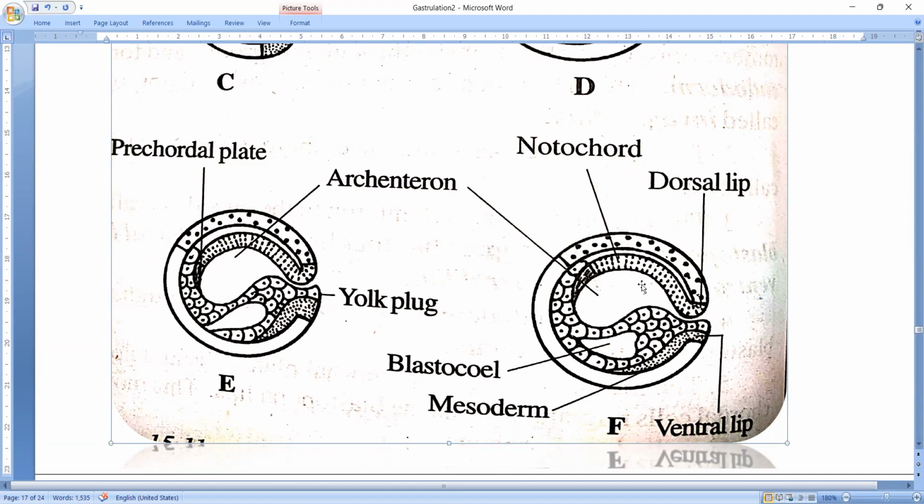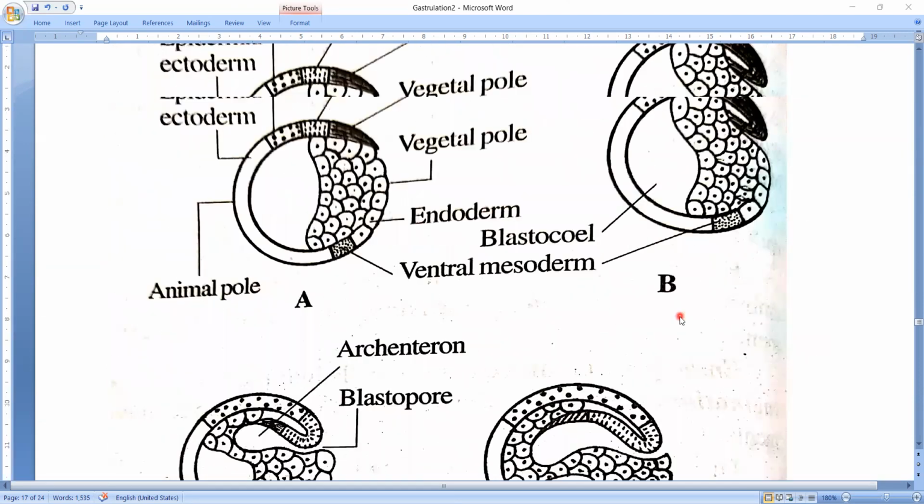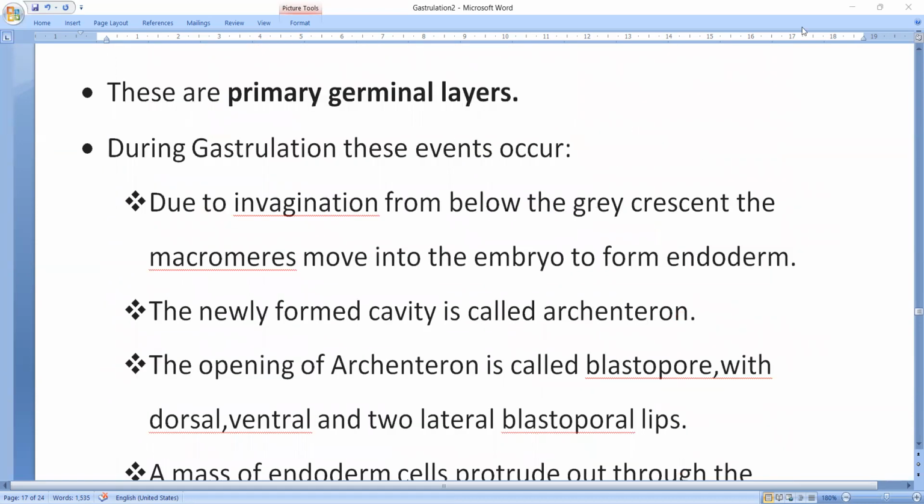So here, due to gastrulation, this part will become ectoderm, this part will become endoderm. Okay, and this part will become the future notochord and mesoderm. Anyway, see, now let's see, due to invagination,